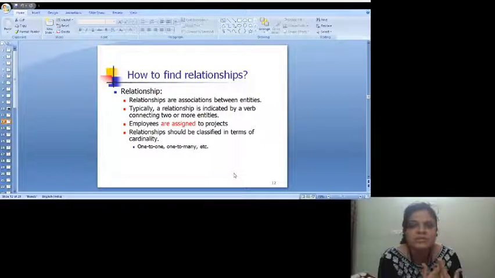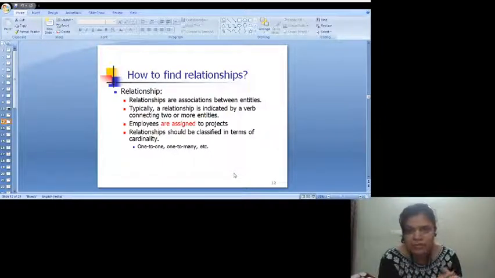Suppose I have a business rule that in my organization, there will be employees working in a department. I can have some information regarding employee, and some information regarding department. That means employee and department are two different entities of my system, but they are related by the business rule that an employee will work in a department. That means entities have some association. This could be natural or it could be by business rules. Most of the time it comes out of the business rules specified by the client.